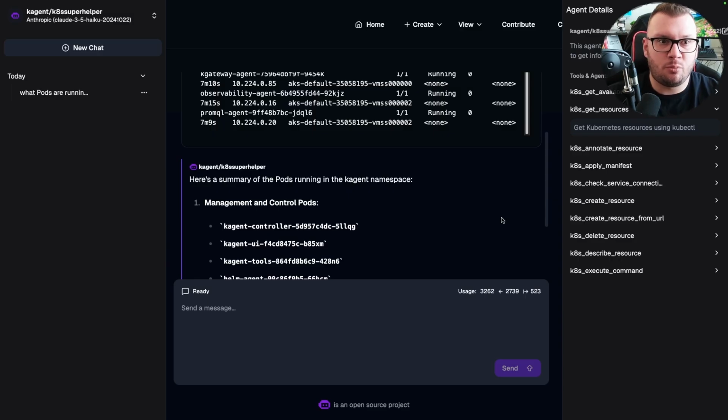I can pretty much create an agent to do whatever I want, call out to an MCP server, which we're going to learn how to do in a declarative fashion in another video in the series, and have it do whatever I want. I'm just running it and managing it and configuring it in Kubernetes, just like any other application stack.